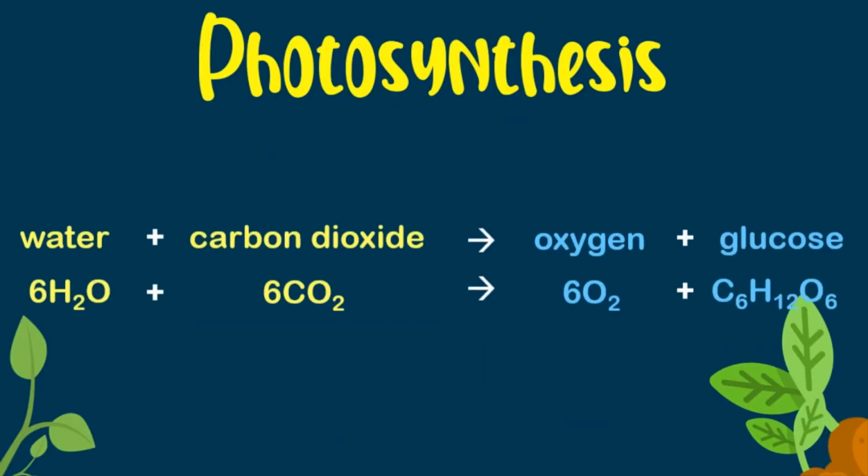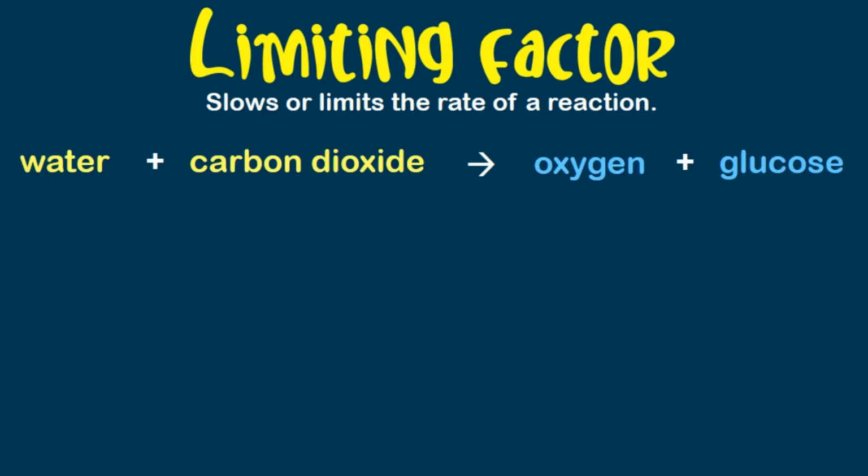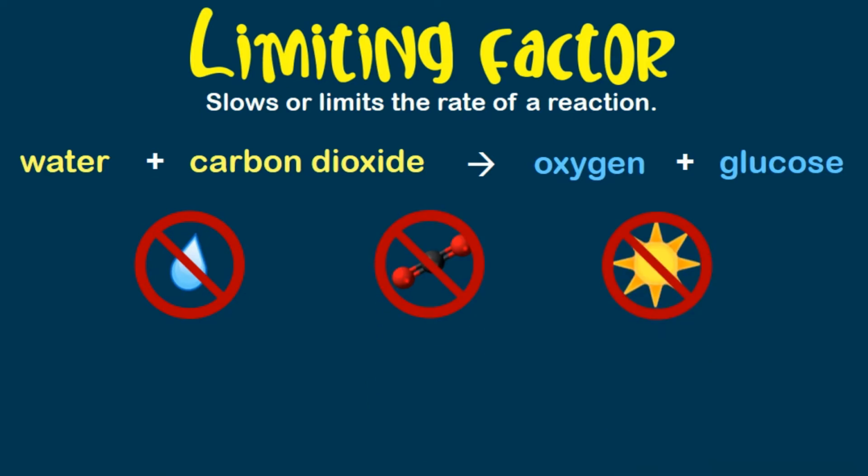So photosynthesis looks like this. It takes water and carbon dioxide and it converts it using the energy in sunlight to oxygen and glucose, but you can limit that reaction. So because photosynthesis needs certain things to happen, if you take them away, for example water, carbon dioxide or light,